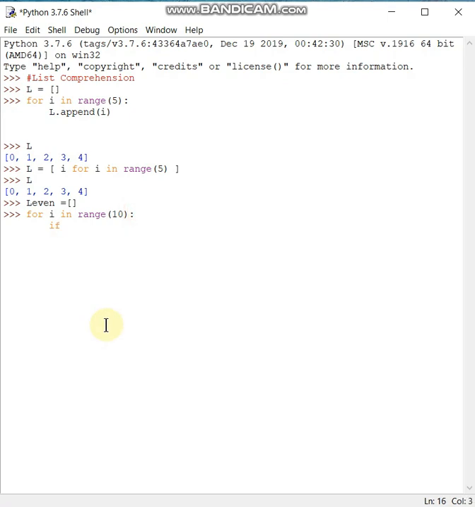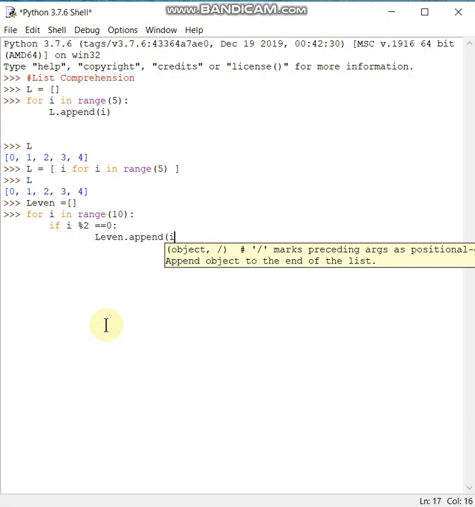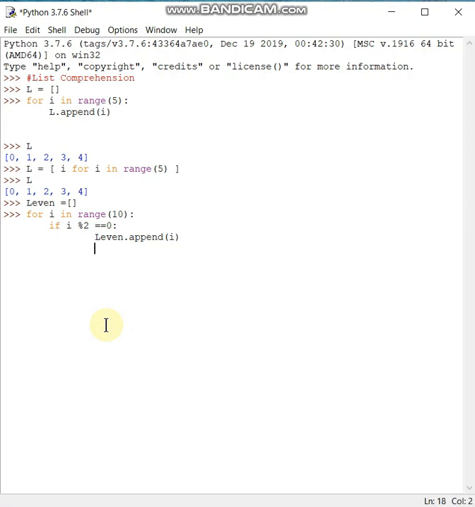I'm having a condition with if i mod 2 equal to 0. I wanted L even to get appended with the values of i which are even numbers. Now if I print the values of L even, I can see all the even numbers within this range getting appended into the list.